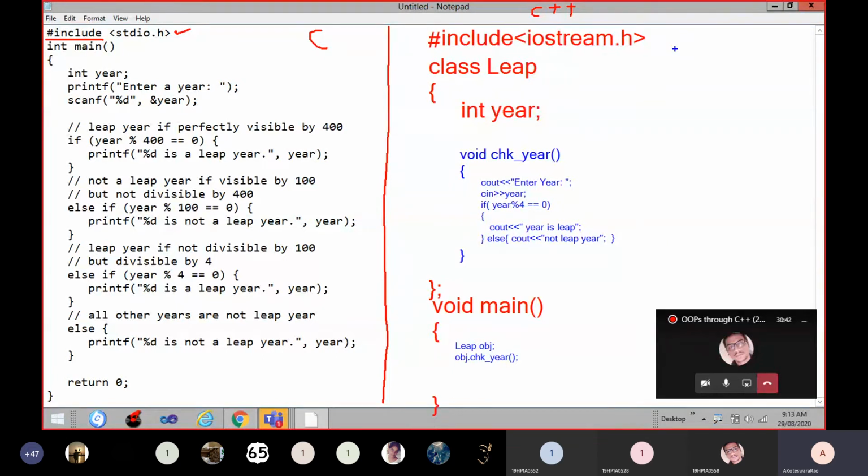Especially you will get clarity about classes and objects and how to invoke a function from a particular class through its object. So you can understand all these points in a very clear-cut way. So that is why you should follow this structure to prepare any program related to C++. Don't write a program like C in C++. It is completely meaningless.